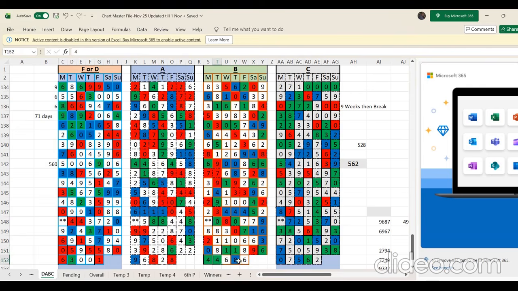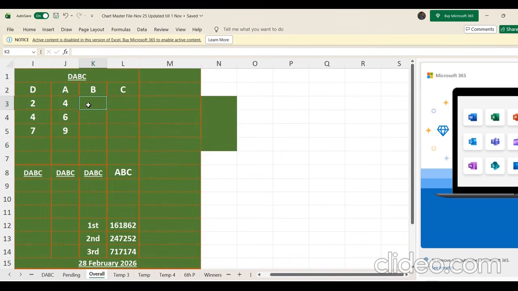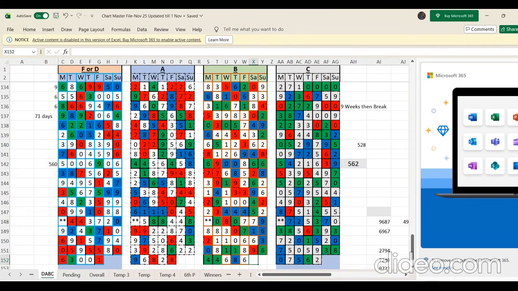For all the charts, the 4-digit sequences come around 3 to 4 times a week on an average. In all the above boards, these have come at least 3 times already. You can see blue sequence of 2 and 7 has not come in board D. You can also see green 3 and 8 has not come in board A. You can also see red 2 and 7 has not come in board B. You can also see red 4 and 9 has not come in board C.